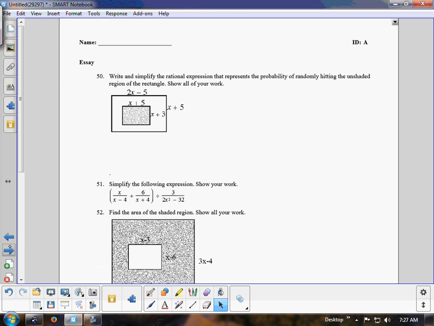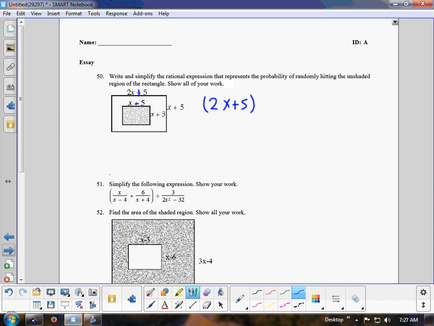Okay. Moving along to the last couple of questions. I'm going to finish these quick. This question here is the same question we've seen before. The probability of hitting the unshaded region, that's the white region here. So that's the large region